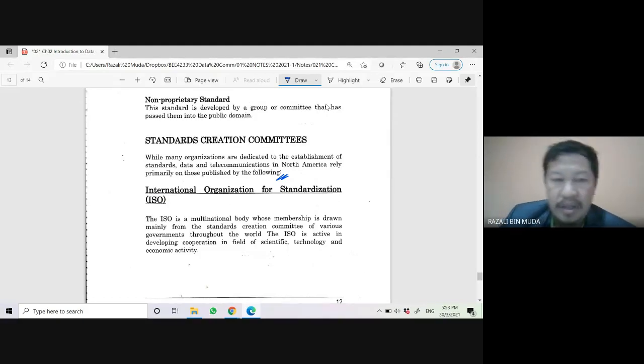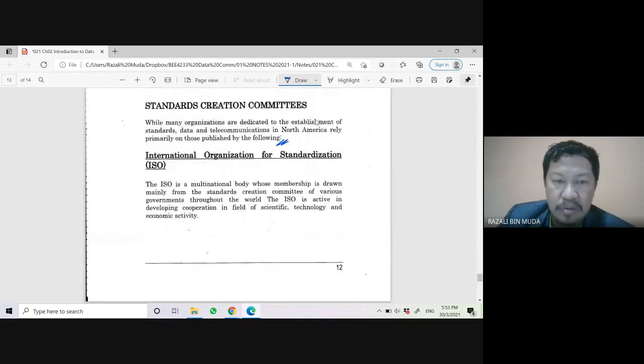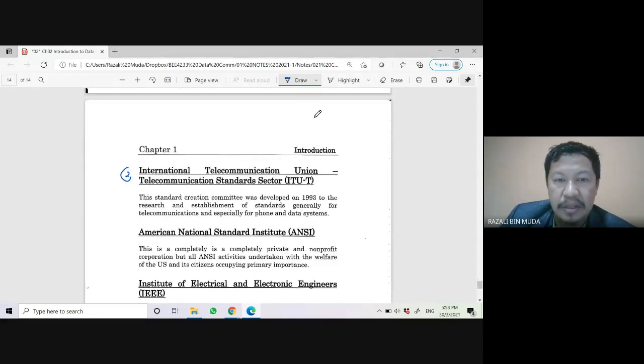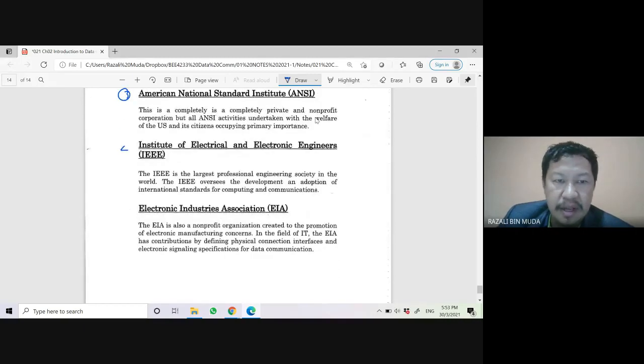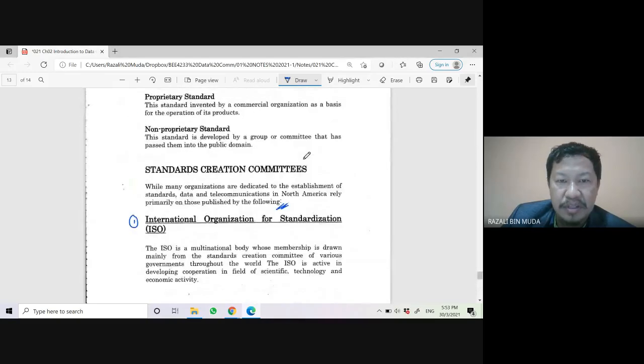First is ISO, International Organization for Standardization. Second is ITU-T, International Telecommunication Union, Telecommunication Standardization Sector. Third is American National Standards Institute, ANSI. Fourth is IEEE, Institute of Electrical and Electronics Engineers. And fifth is Electronic Industries Association, EIA. So those are the bodies, the organizations that establish the standards